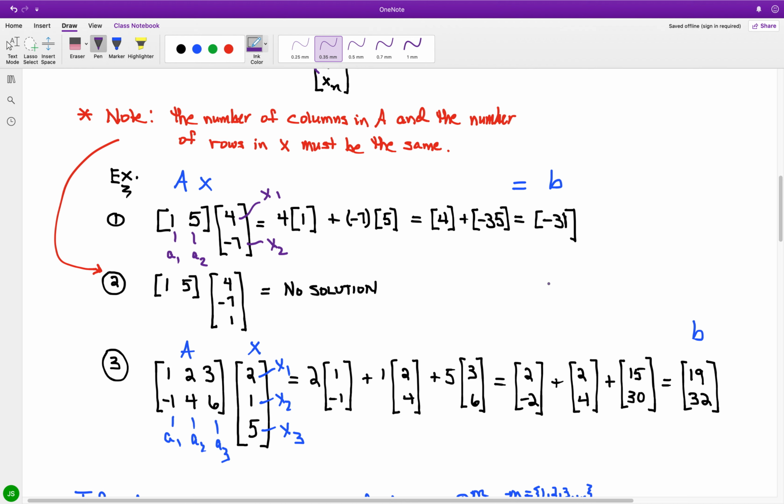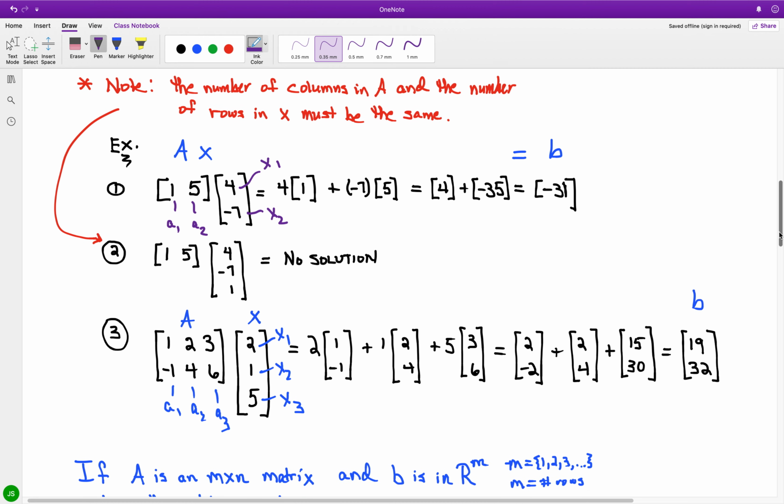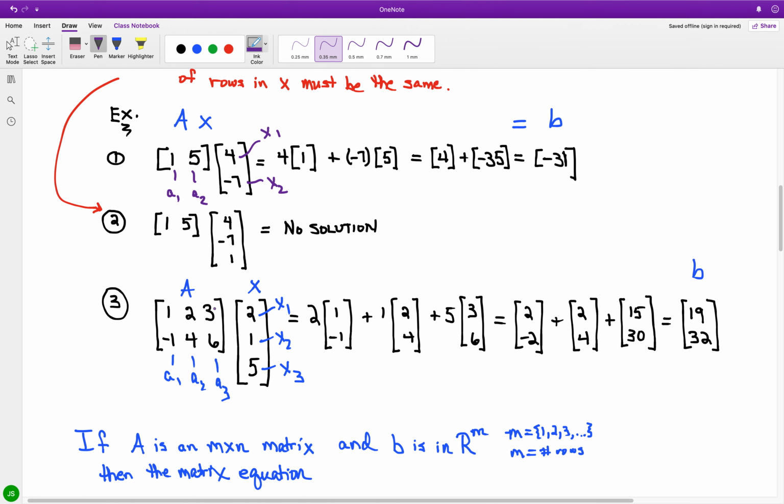Now for the third case, we have A consisting of 1, negative 1, which will be a1, 2, 4, which will be a2, 3, 6, which will be a3, and x will consist of 2, 1, 5, where we have x1 at 2, x2 at 1, x3 at 5. And again, just mapping together x1 with a1,